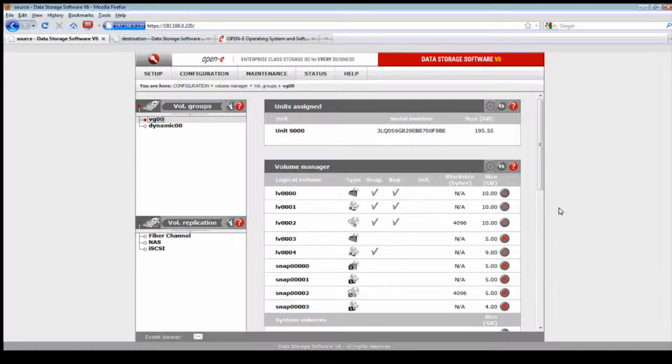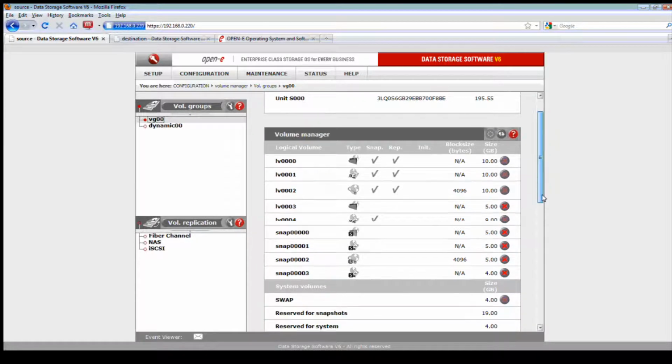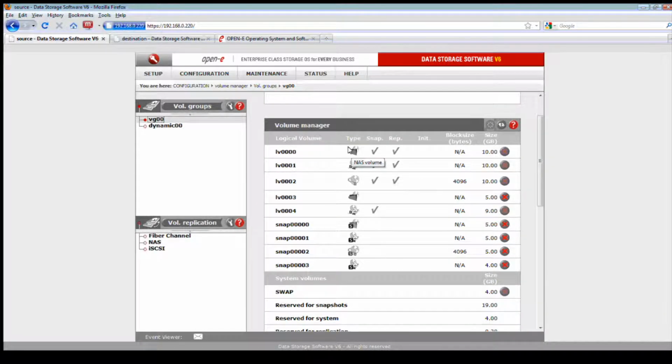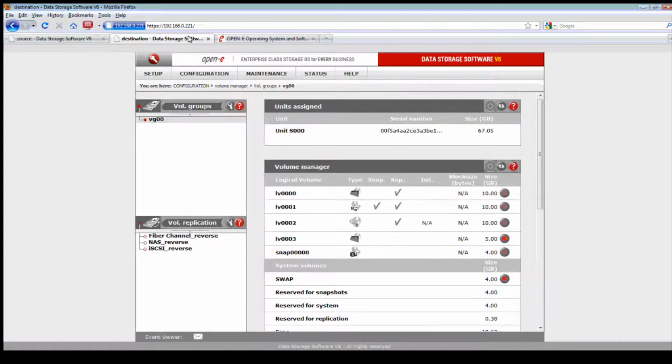When we talk about replications, what are the rules? Well, basically, you want to be able to define either a NAS volume, iSCSI, or Fibre channel. If you see here, I have them set. I put my mouse pointer over it, denotes it as a NAS volume, and I set them at the same. So if I'm going to replicate a NAS volume or an iSCSI or Fibre channel volume, they need to be the same size to the destination.